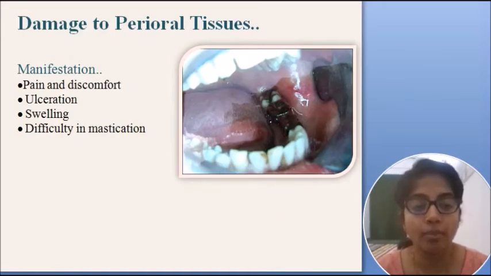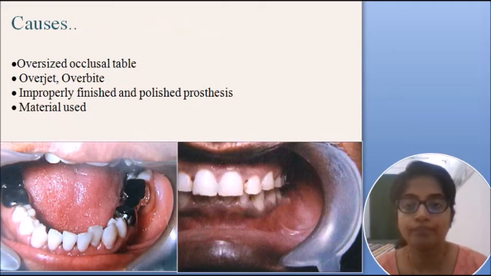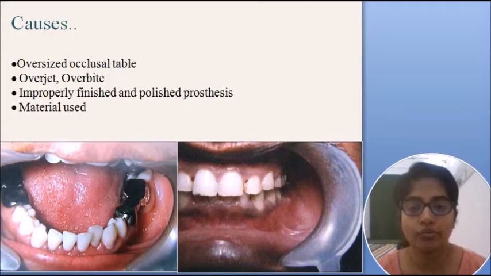Now the other problem that can arise is damage to the perioral tissues. It can manifest in the form of pain and discomfort, ulceration, swelling, difficulty in mastication. So these are the issues that the patient can report to you. What are the causes? The causes can be oversized occlusal table, overjet, overbite, which is not in proper protocol, improperly